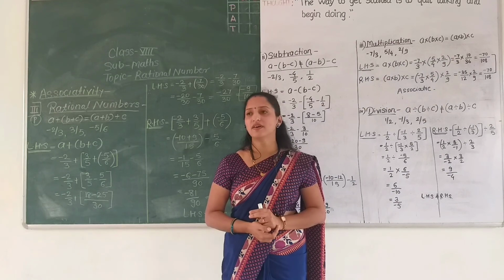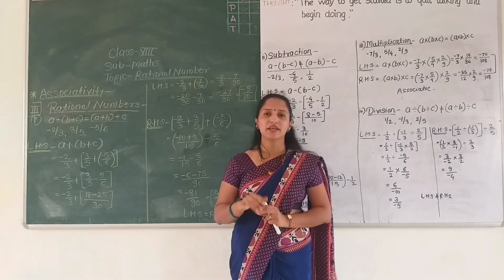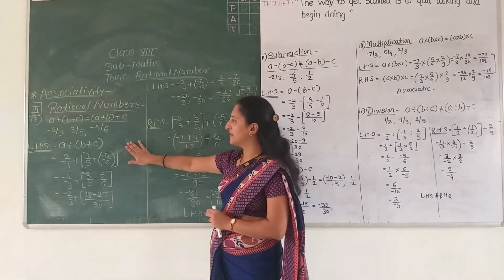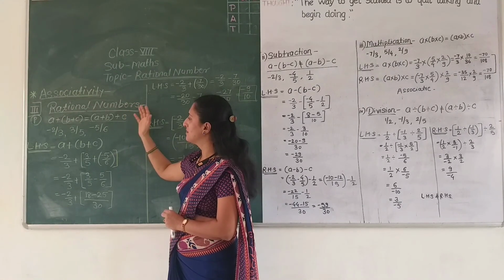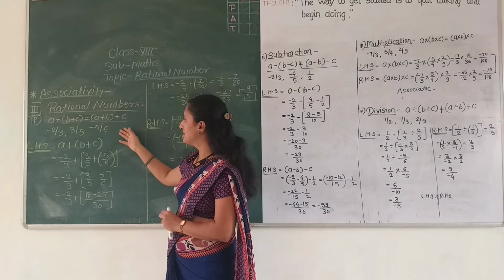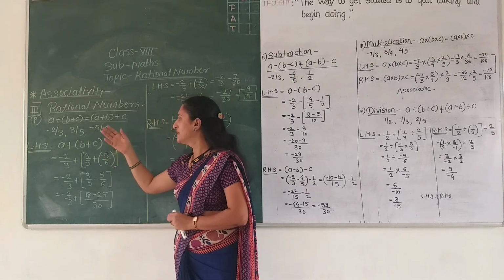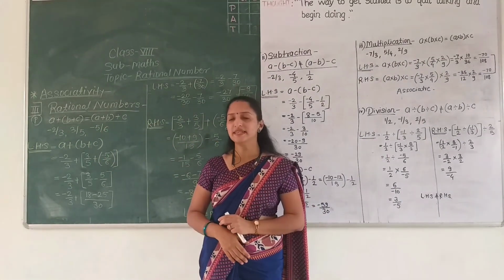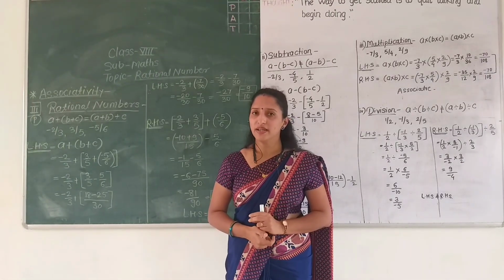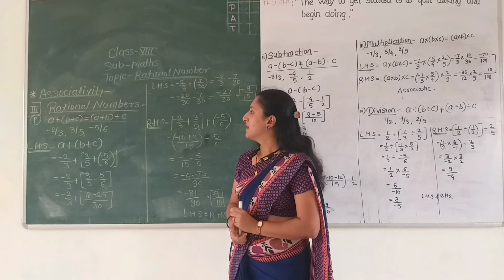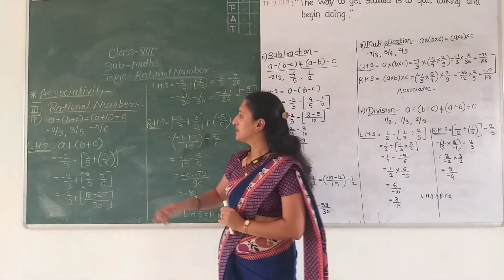Okay, so listen to this video carefully, watch this video carefully, write down all the examples in your notebook and try this property, associative property for rational numbers, by taking different types of numbers. Okay, here take the values A, B, C. You take other values for A, B and C and try it as homework. Okay, so now your today's homework is you have to perform associativity property for rational numbers by taking different values.